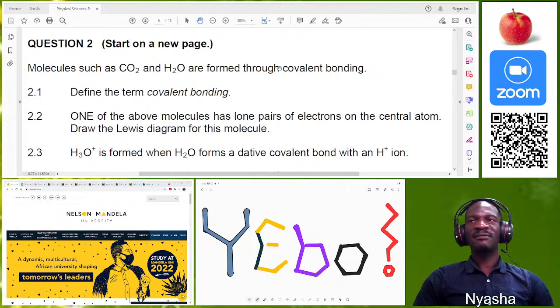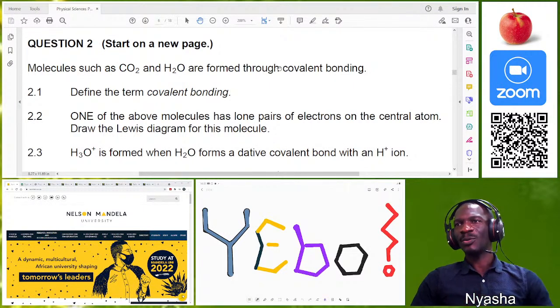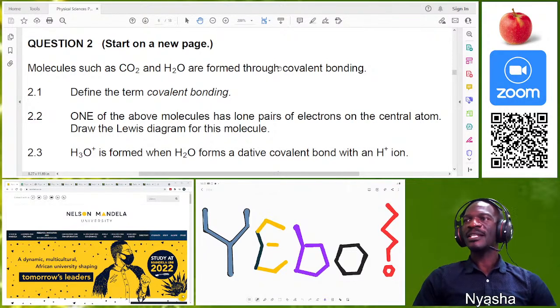One of the above molecules, that is carbon dioxide and water, has lone pairs of electrons on the central atom. Draw the Lewis diagram for this molecule. So the free response, you don't have any A, B, C, or D. This means it is necessary for us to